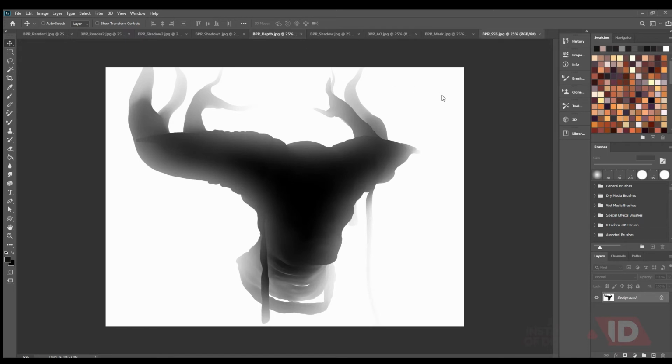I just click and drag on that PSD. Then I have shadow, click and drag on that shadow. Then I have AO, click and drag. Then I have mask and triple S.